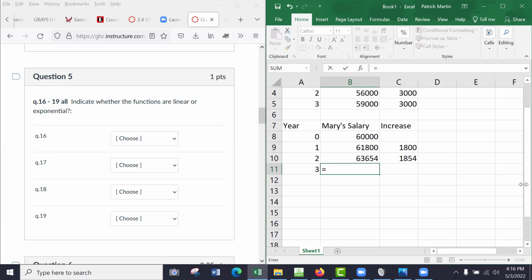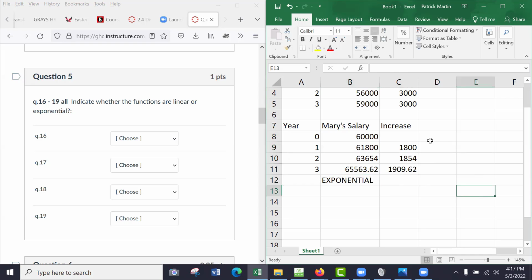And the third year, just for fun, 1.03 times that. For anyone confused, I made these numbers up. I didn't make up the 3%. That's the only number we were given in the problem. But the point is, the next year it increases by even more, 1909. So this is increasing by a percentage of the previous year, and that means we have an exponential